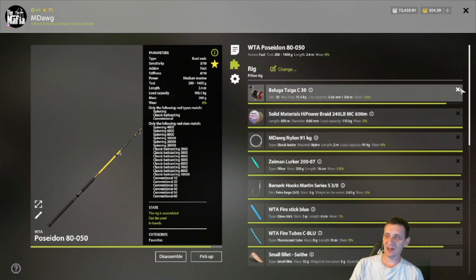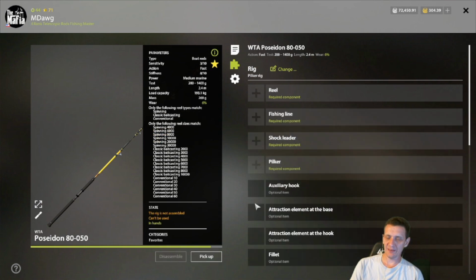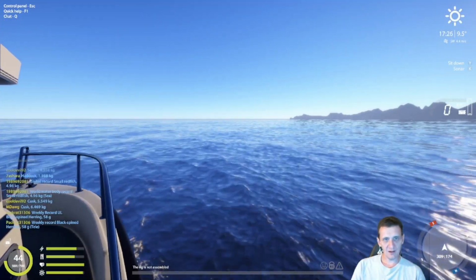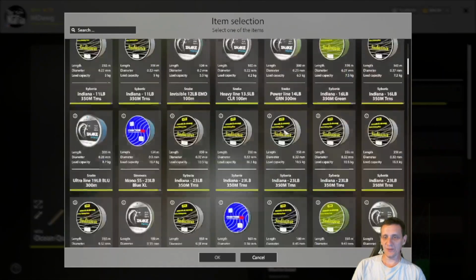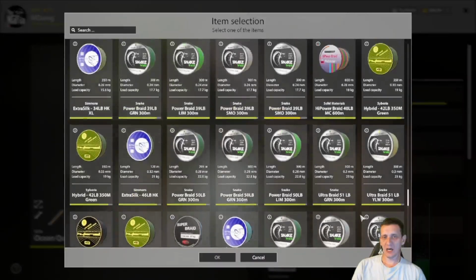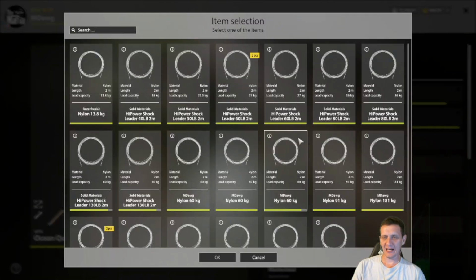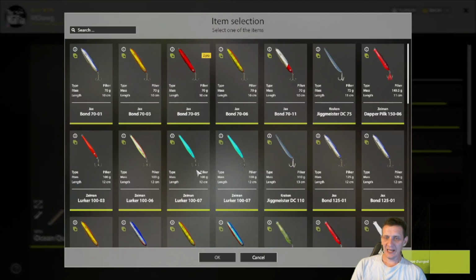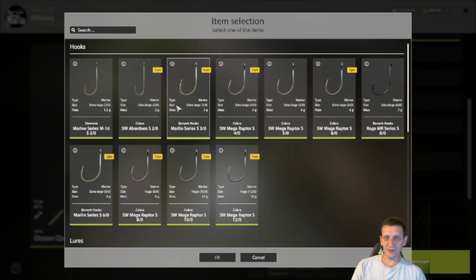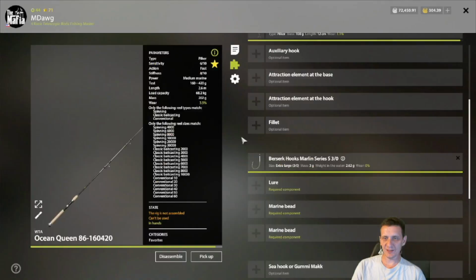But how do I normally use this? I normally use this with this setup right here, the Ocean Queen. I'll put the Taiga C30 on there. 45 is I think what I normally put, 45 line. I'll grab the 43.2 leader, whether it's jig head or whatever. And then I'll put the drop shot on there with the shrimp, like maybe the 6.501 or whatever